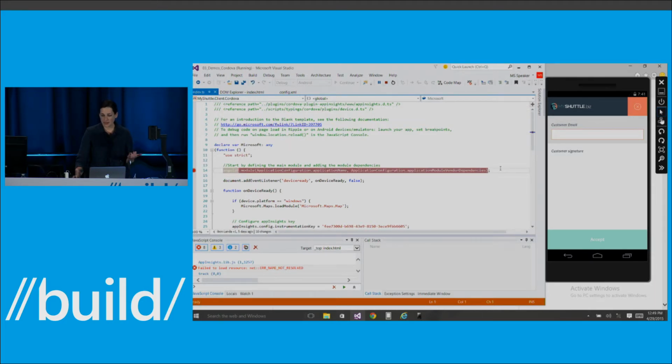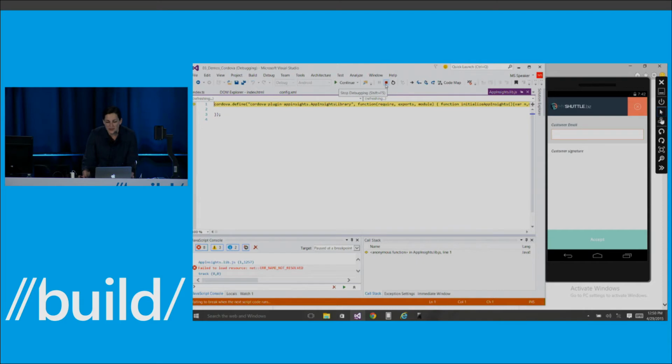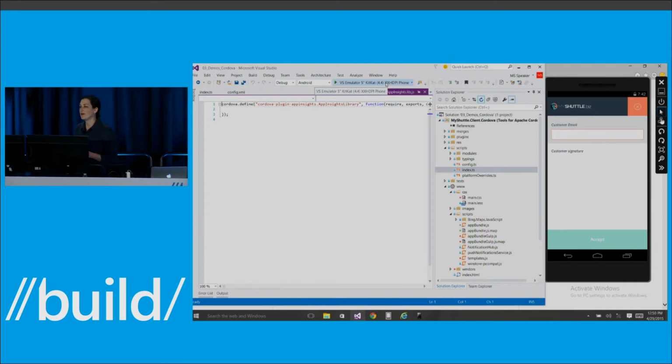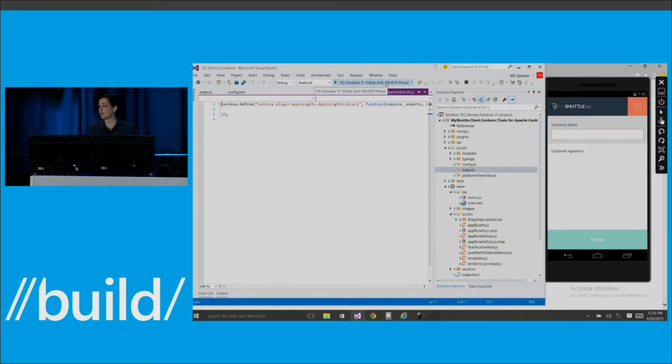But anyways, the point is that you can actually stop in the debug mode and be able to see your breakpoints and have the rapid debug experience for that as well. Now, the other thing that we've done, and one of the benefits, as you can see, we're hitting the breakpoint now.